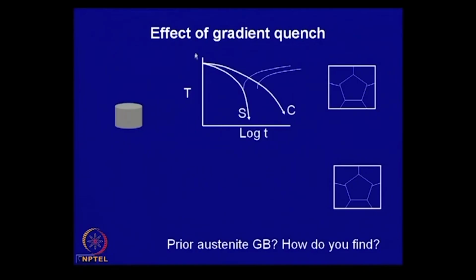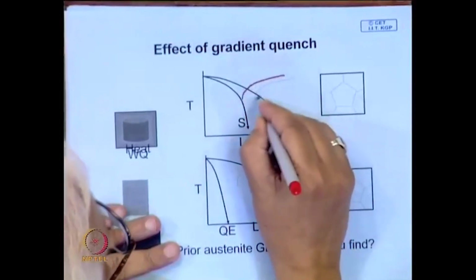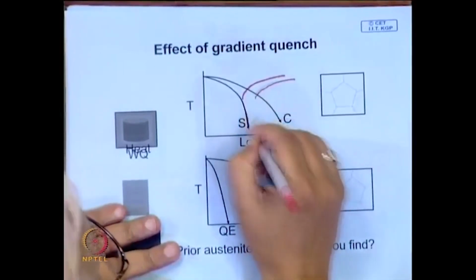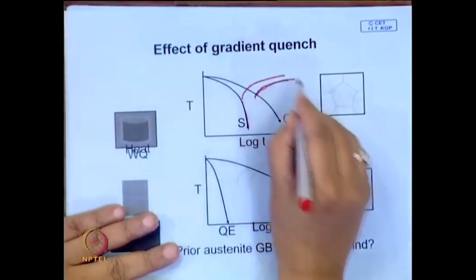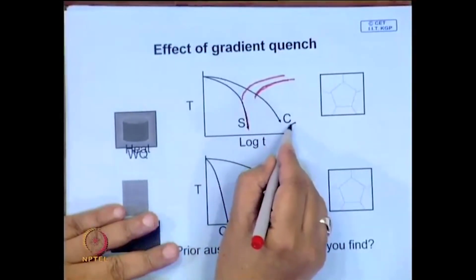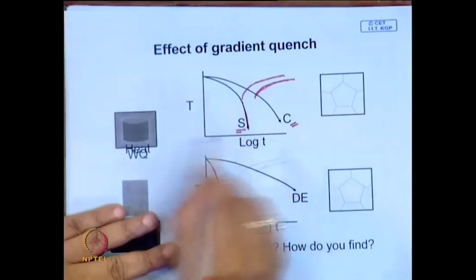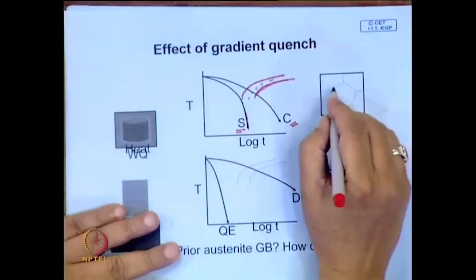what you will find is that the surface will cool very fast. It is possible that the surface will get a cooling curve like this, which avoids the nose of the curve, which is shown over here. This is the nose, and the surface avoids the nose. So, at the surface you will have martensite, but right at the center it will be totally pearlitic, the surface will be totally martensitic, and in between you can think about certain cases where